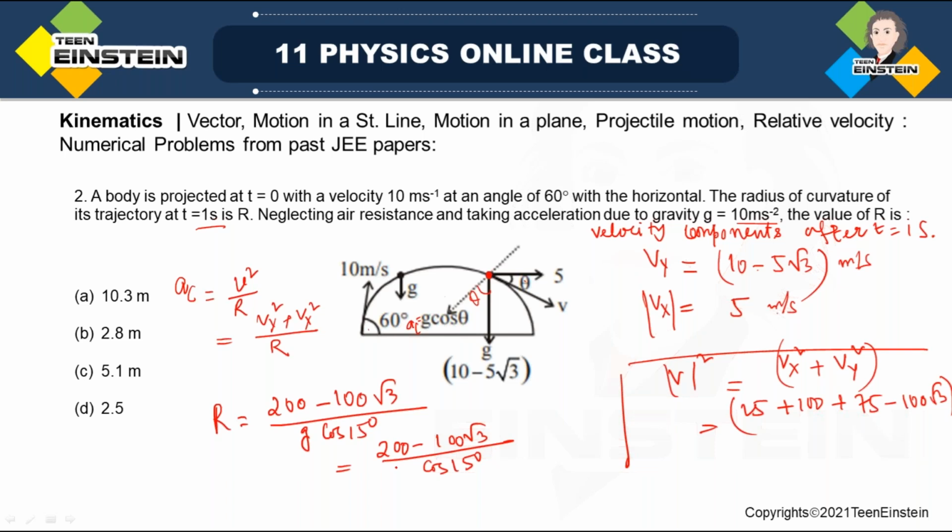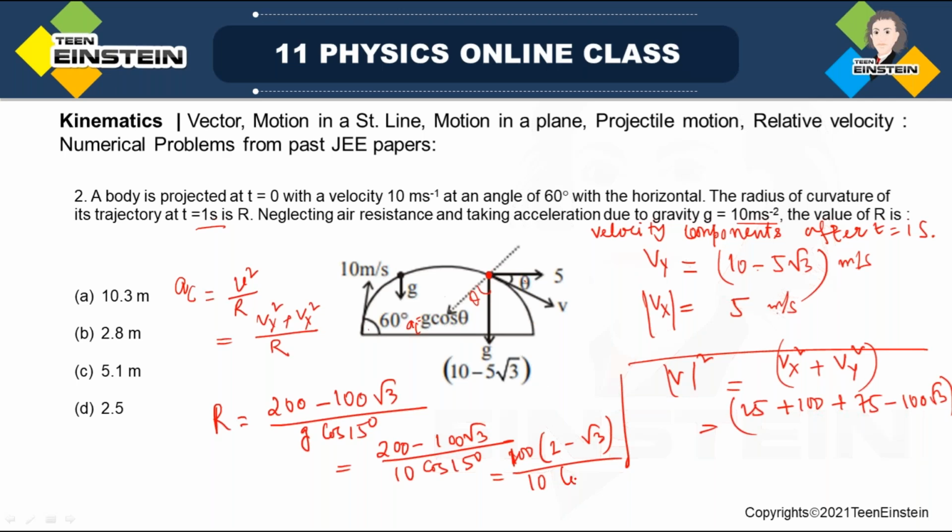Let me just write 10 itself here. So 200, 100 common, 2 minus this divided by this. Let us just do this calculation. So 10 into